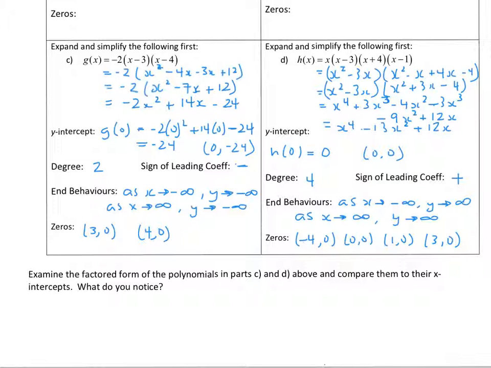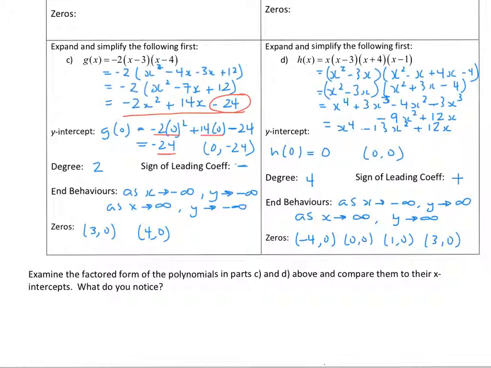Okay, hopefully you were able to expand and simplify. Part C, I got negative 2x squared plus 14x minus 24 as my standard form, is what that's called. My y-intercept ended up being negative 24, and you'll notice that negative 24 is right here. Remember, in standard form, that constant term at the end is always going to be your y-intercept, simply because when you let x equal 0, the ones that have the x attached to them are going to end up equaling